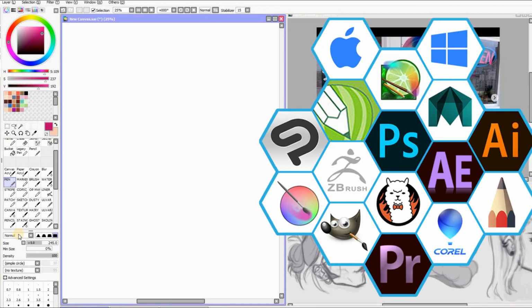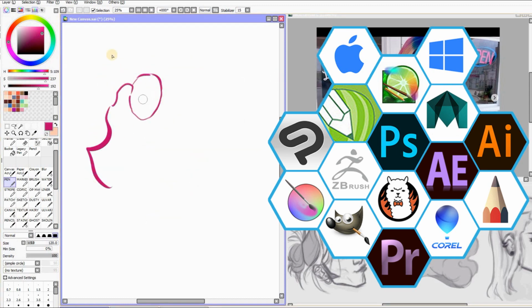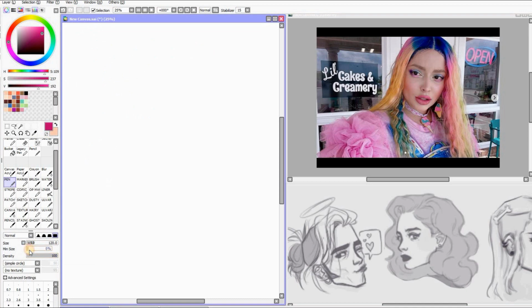Installing it was really easy. I deleted all the previous drivers from all my other tablets. I closed out all my drawing programs, went to Gaomon's website, downloaded the S620 driver, and the pen pressure worked as soon as I plugged it in, so that was great. The tablet has